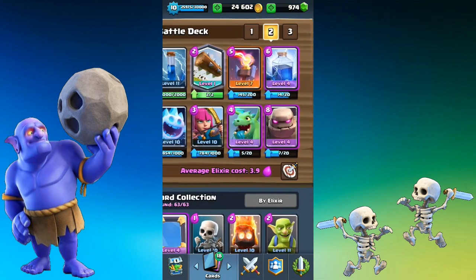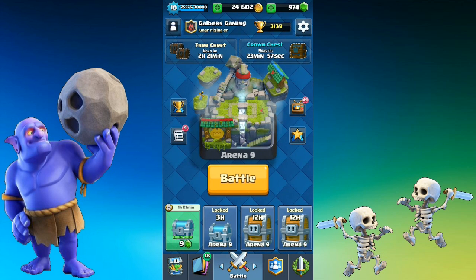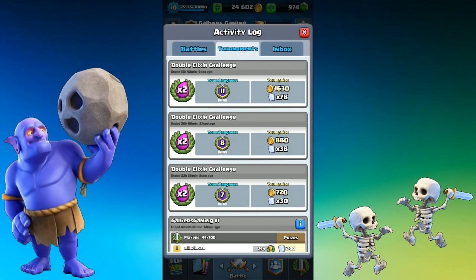Anyway, without further ado, let's pop into this. I wanted to show you this Golem challenge deck using the Golem and Lightning. The Inferno Tower in defense is nearly always a must in any challenge deck. The Baby Dragon and the Archers, which are very difficult to get rid of, in support. And then you've got the Log, Zap, and Ice Spirit, which are very good at cycling through and just doing their own thing. I've had a lot of success with it, very consistent success, with 7, 8, and